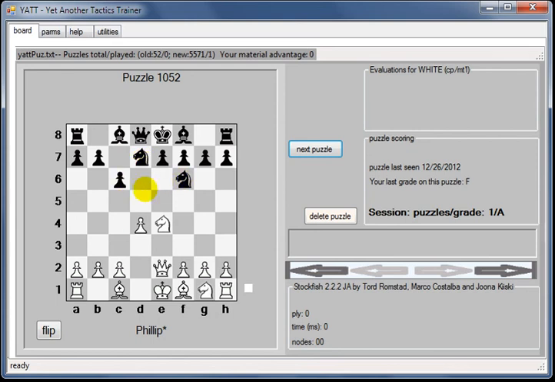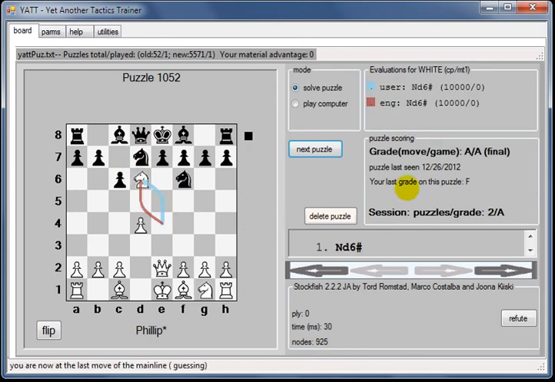So the correct answer here is knight d6. I do happen to remember that, and boom, got it correct, and it shows you the two moves, mine and the computer's moves, and how they were the same. And I think that actually is the only problem I've missed on this so far, because they've all been mates